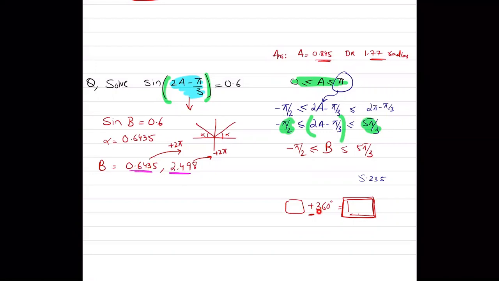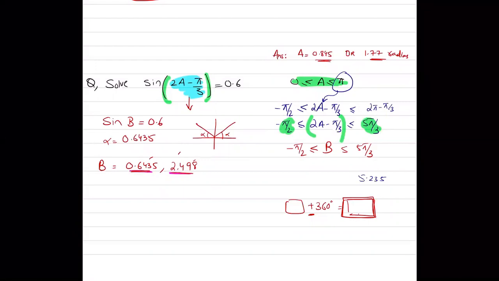Because do you remember 360 degrees is equivalent to 2 pi? I'm just hunting for different possibilities of angles. I just want to check if there are other angles present within the domain. So if I add 2 pi to 0.6435, will I get a value that lies within this range? No, it's exceeding. So I will not add 2 pi to this value. And if not this, then neither the other, because that's going to give me an even higher value. So these are the only two angles for b.